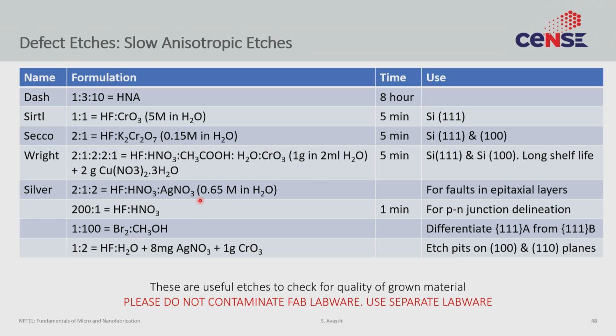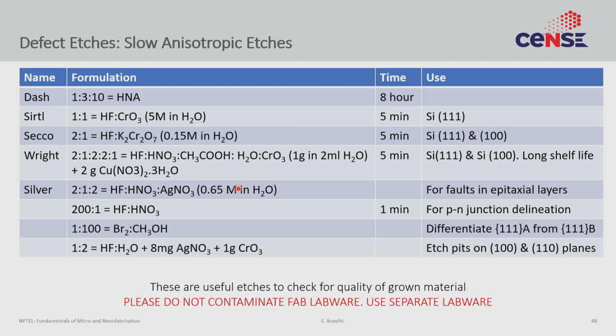There are also some silver nitrate based systems which are called silver etches. There are some bromine based systems. Some of these bromine based systems, for example, can distinguish between gallium arsenide A and B phases, which is very important. As we discussed, the etching rates are very different for these two facets. You can, for example, use the HF/HNO3 etch to delineate a PN junction. So you have a P-type material, N-type material. If you want to see where the line is, you can actually use this etch to find that. If you are growing epitaxial films using CVD, the silver etch is very, very useful. Okay, so defects that tend to happen in epitaxial growth are amplified by using this defect etch.